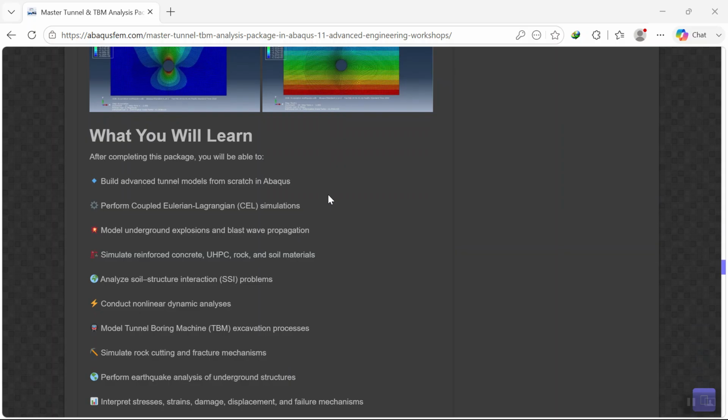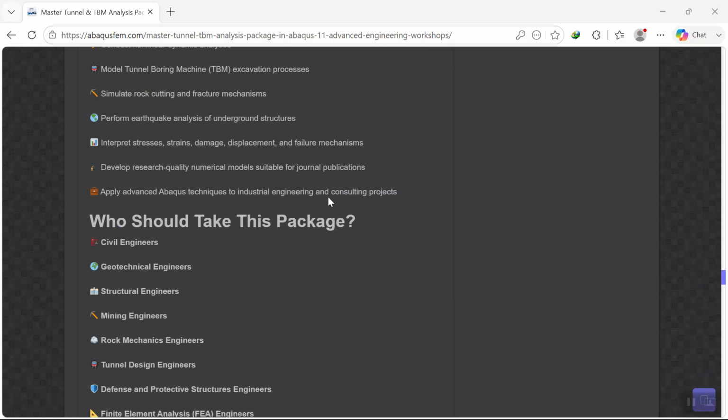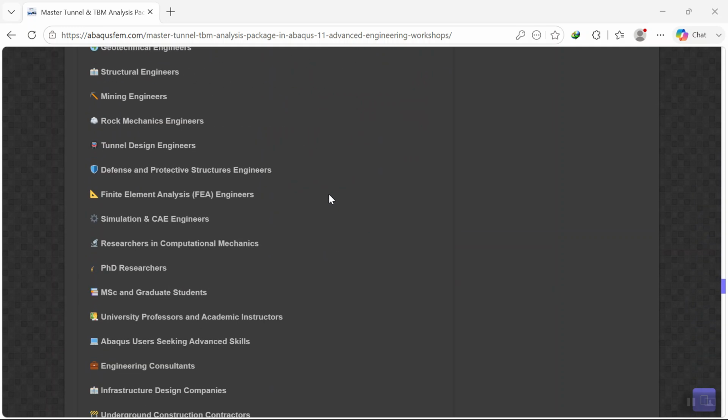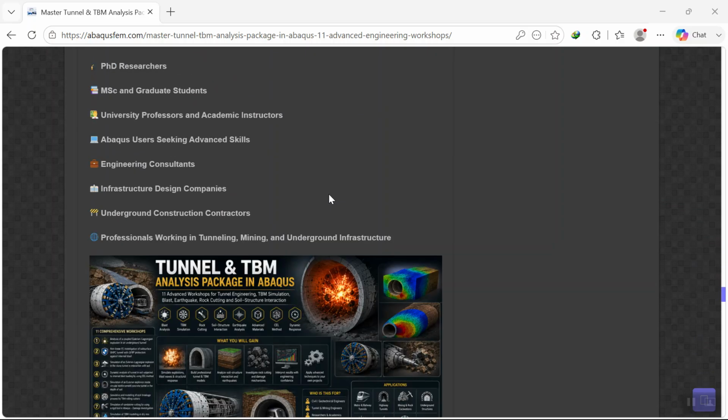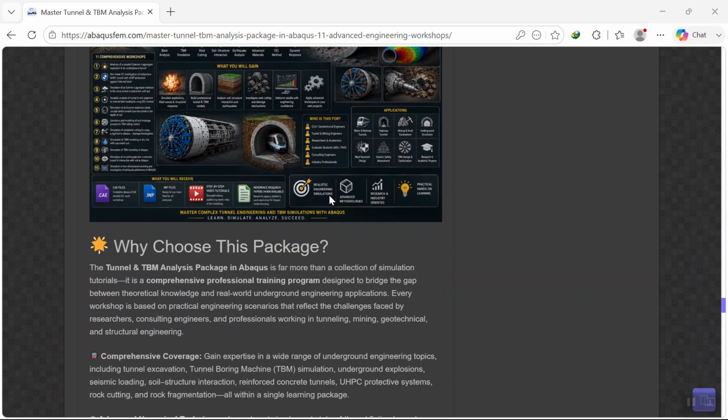One of the biggest advantages of this package is that it's completely project-based. Instead of watching short theoretical demonstrations, you'll work through complete engineering models from start to finish. Every step is explained in detail so you can understand not only what to do, but why each modeling decision